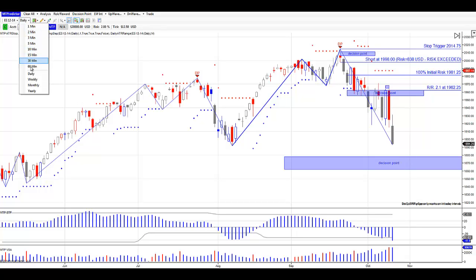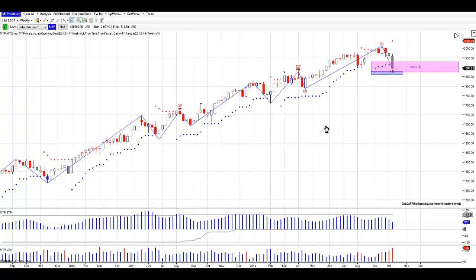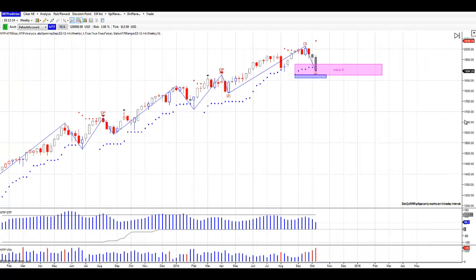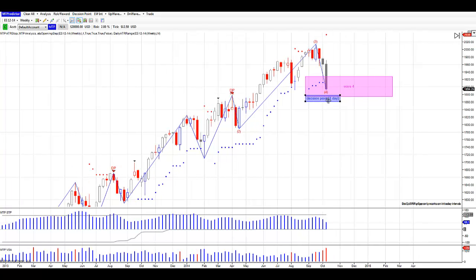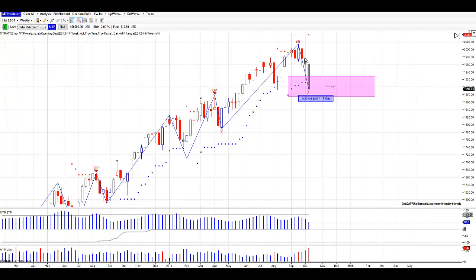Because if we look at the weekly chart, you can see we've just got a pattern here where this was the wave 3 up, where the DP on the daily gave the sell signal there. We've pulled back into wave 4. Here's the daily support just below, right at the bottom of the wave 4 area there. So we'll see if we sell off that one more push down into that 1860 to 1880 level, find some